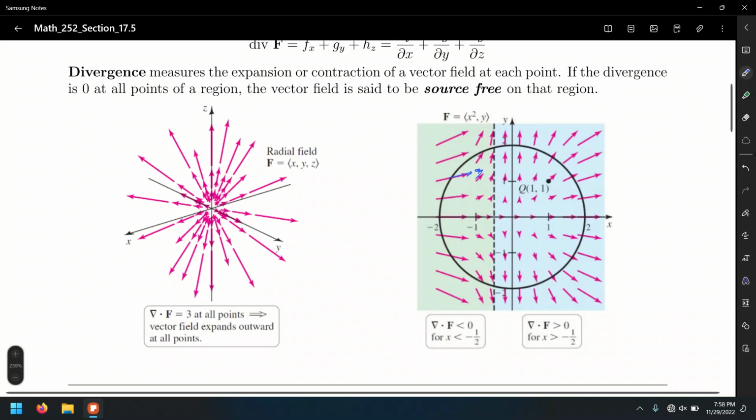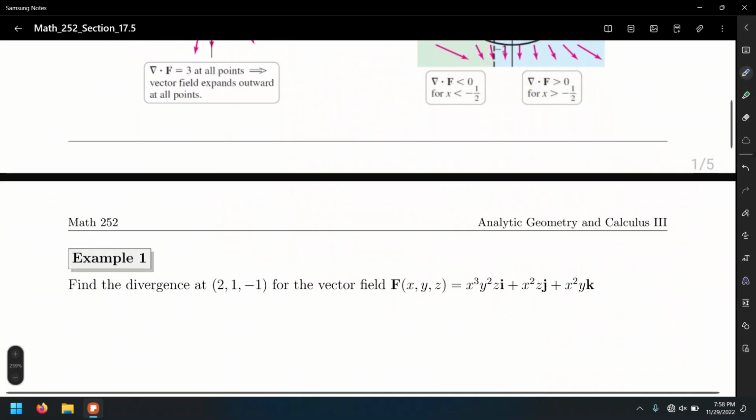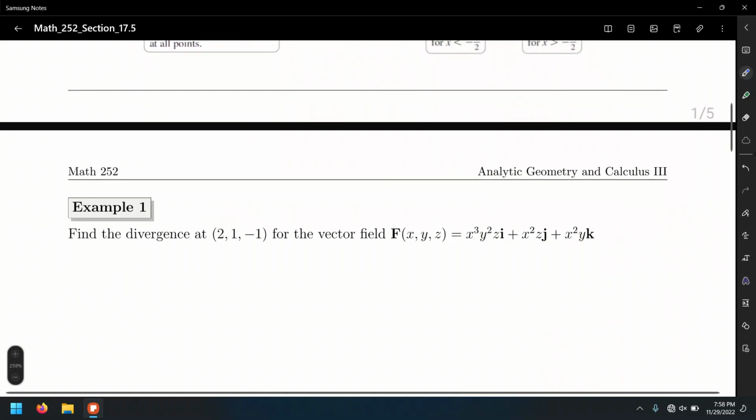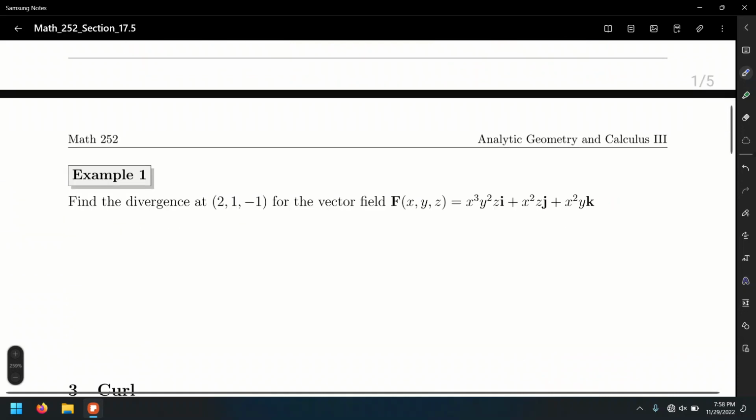And so let's have a look at one example. All we have to do is find partial derivatives. Find the divergence at (2, 1, -1) for the vector field F of x, y, z equals x cubed y squared z in the direction of i, plus x squared z in the direction of j, plus x squared y in the direction of k. All right. So div of f,